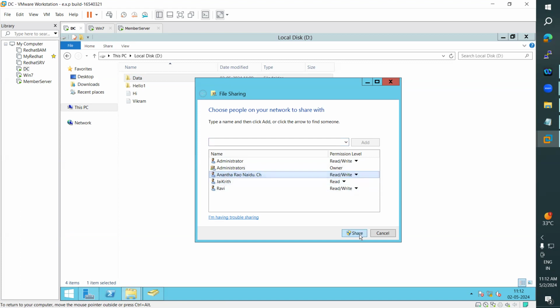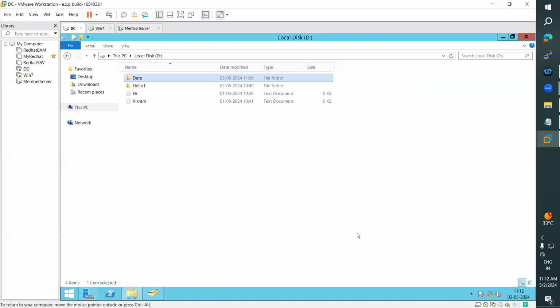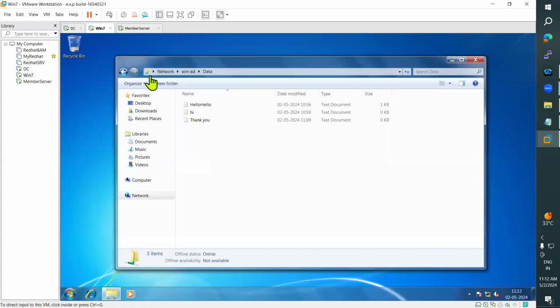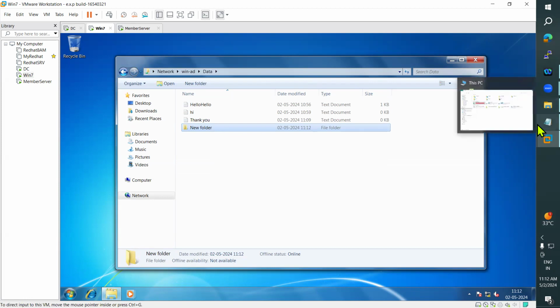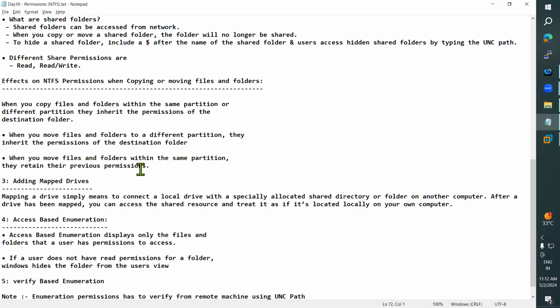Write permissions. Share. Done. Now let me create the folder. See, now the folder is being created. So this is how share permissions will work in real time. Okay. Next, coming to